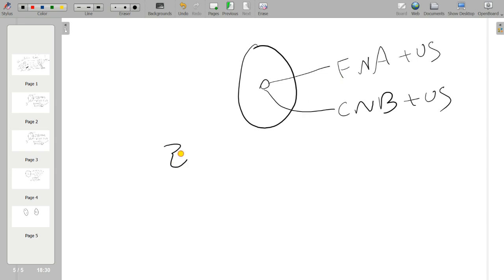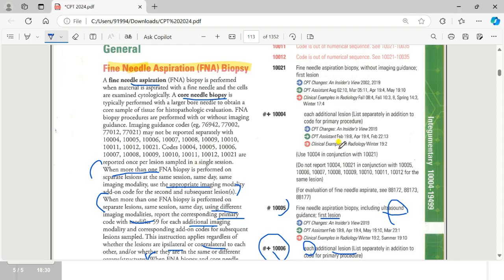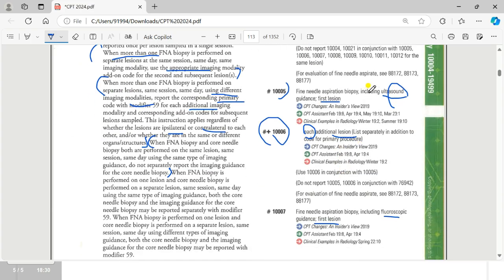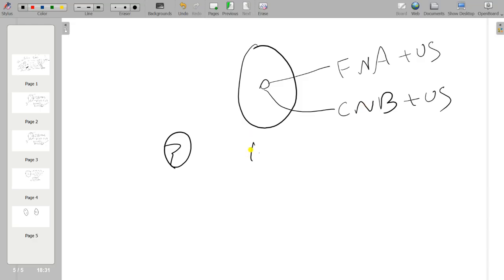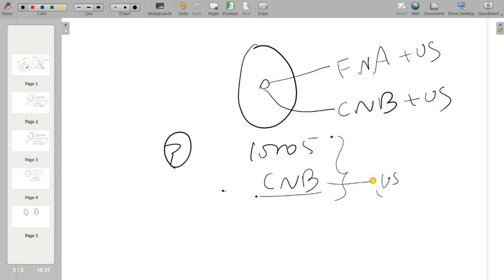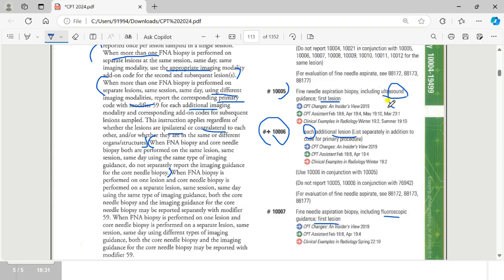So now we'll apply the guideline. What is the third guideline? It says fine needle aspiration with ultrasound guidance 10005, and also we have to code the particular core needle biopsy code, and do not report again the ultrasound code for the core needle biopsy, because already in this code we have the ultrasound guidance.